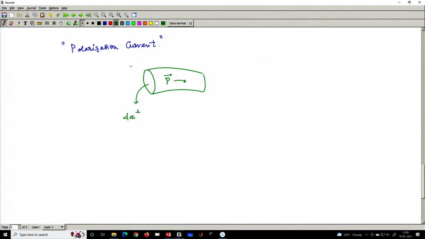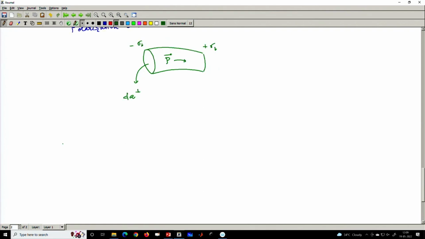There is a difference in the bound surface charge density. So, one is positive and another is negative, one on this side and another on that side. So, there is a difference. So, the current flow ideally,